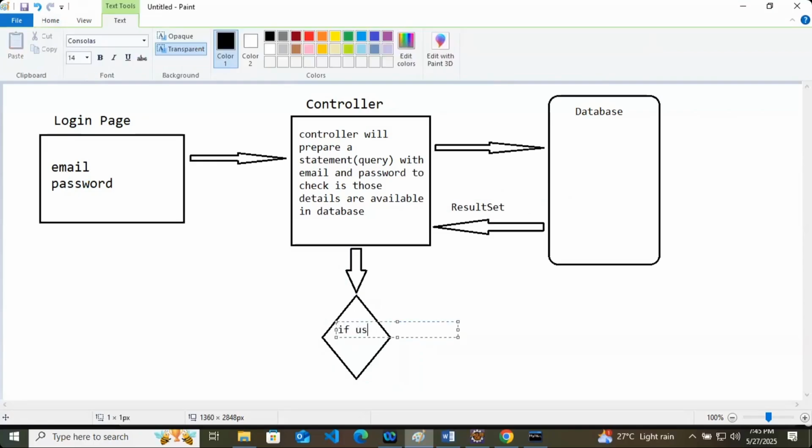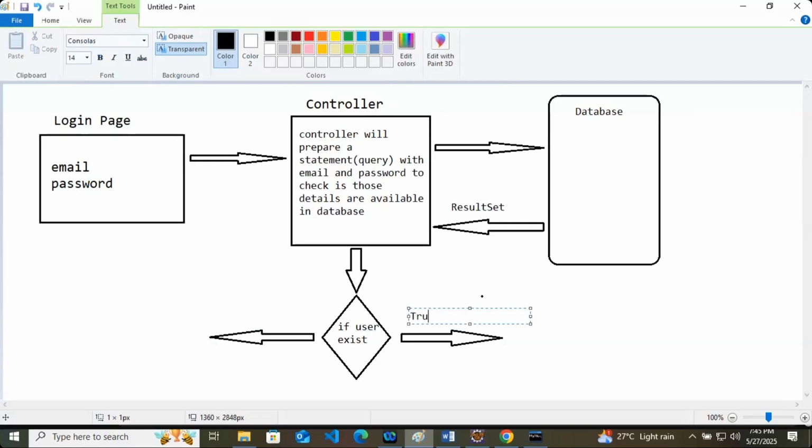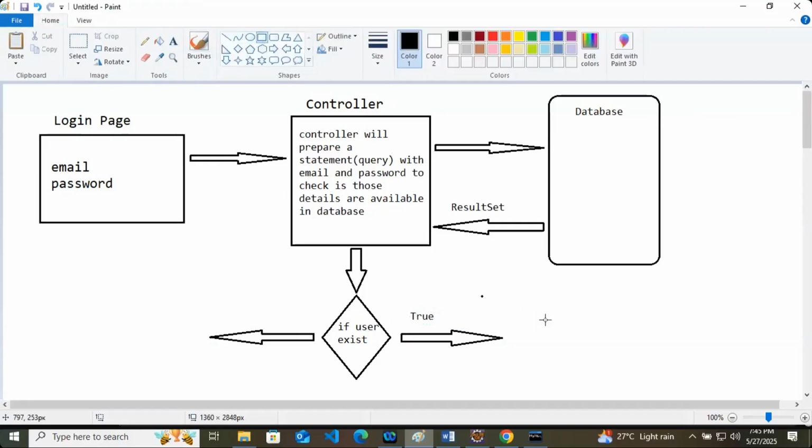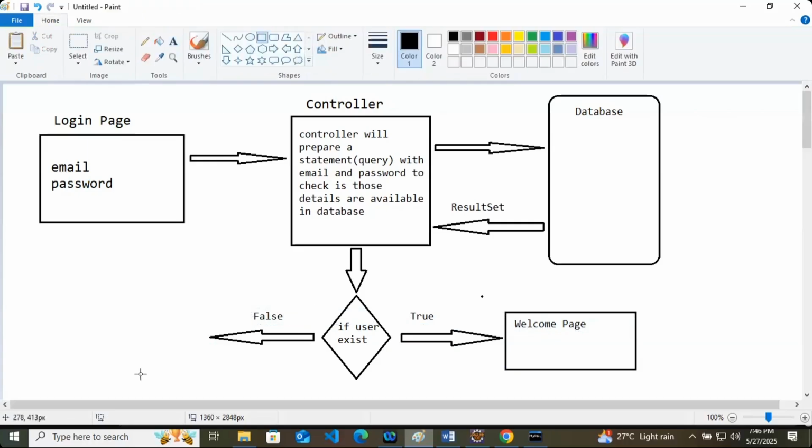If the user exists, if the user is available in the database, if this condition is true, then we will show the welcome page. If the user does not exist in the database, then we will show the error page.